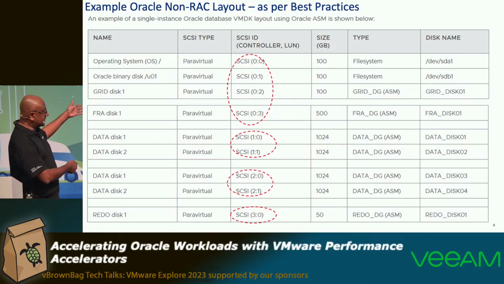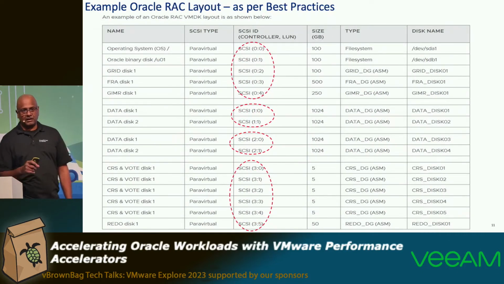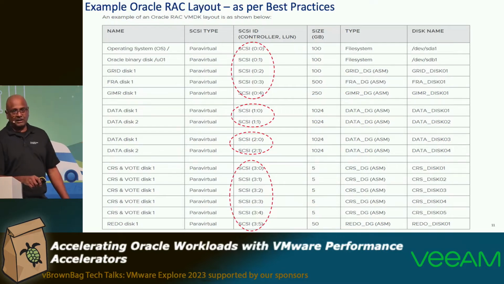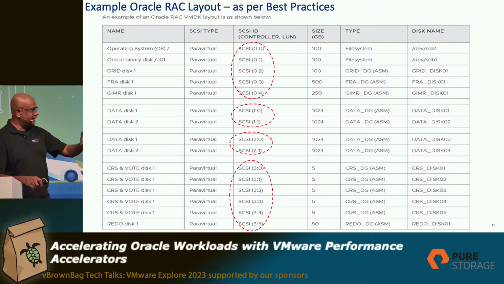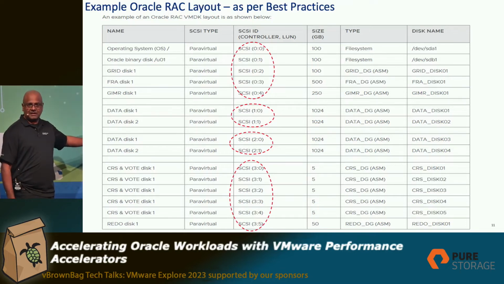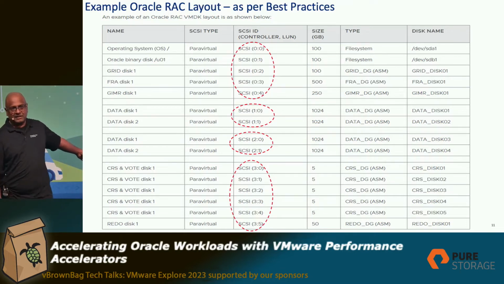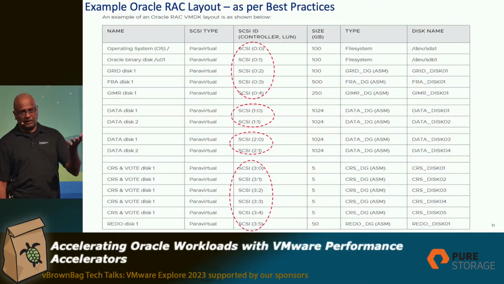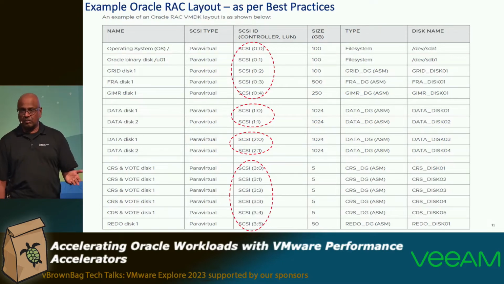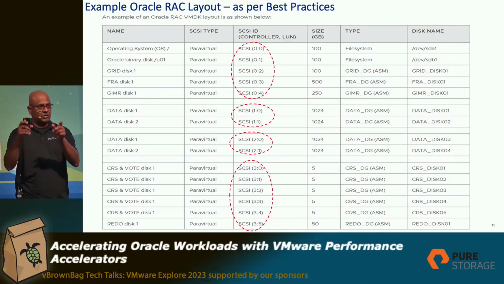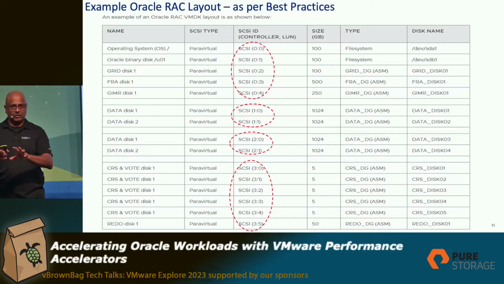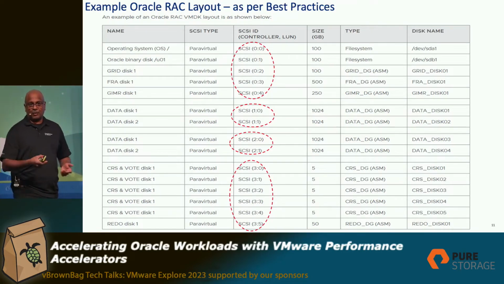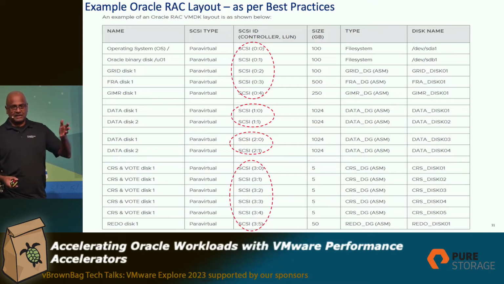If I have to switch gears, if I have to configure an Oracle RAC, that's exactly what I'll do. I didn't change anything here. You know what I did? I took the CRS, I took the vote, and I stuck it on SCSI 3. CRS doesn't do anything. It's only for cluster membership. Vote, cluster membership. It has a cluster registry. Are there any IOs going through that? No. Are there any IOs going through redo? Yes. Who is the most important guy in the room here? Not me, not you. Redo. The redo log files need to be given their own SCSI controller. You give them their own SCSI controllers. How about my backups? How about my FRA, my flash recovery area, which is archive log and backup?